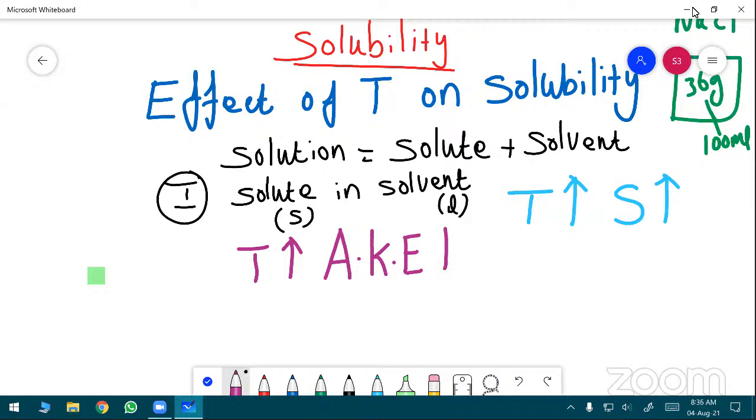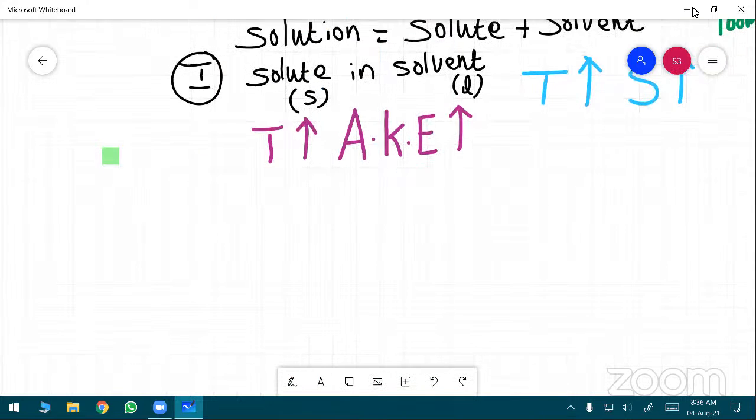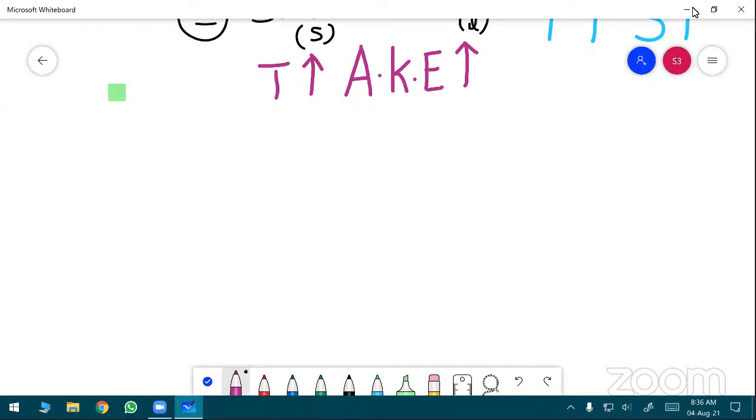What happens when average kinetic energy increases? If the average kinetic energy of solute and solvent increases, the force of attraction between the solvent molecules, if you consider this